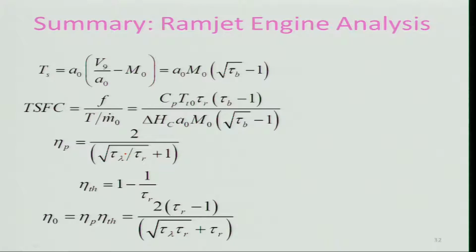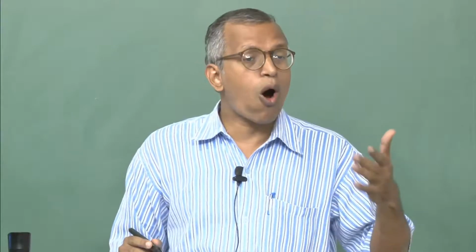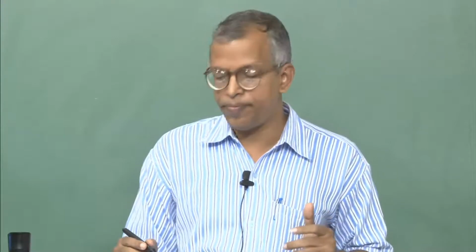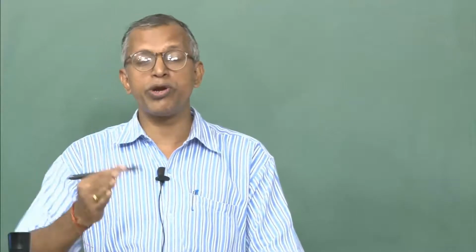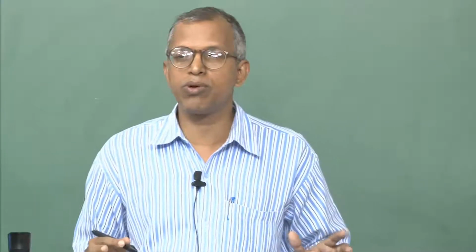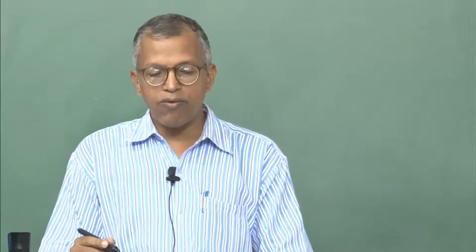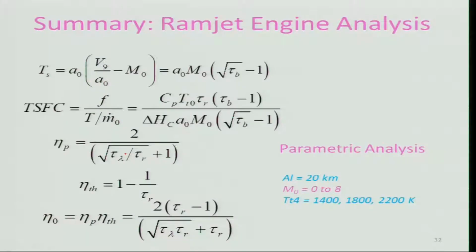What will we do with these equations? You can say, look, we have derived them, but our objective is to carry out a parametric analysis so that we can see which parameter is important, how to optimize, and how to go about it under ideal conditions, right? That's why this is known as on-design analysis. This can be used as a tool for designing anything, right? And keep in mind that we don't have any geometry. Therefore this is sometimes known as a rubber engine: nothing is there, but you are thinking it will be there and then looking at it. So what we will do, we will look at parameters and take this